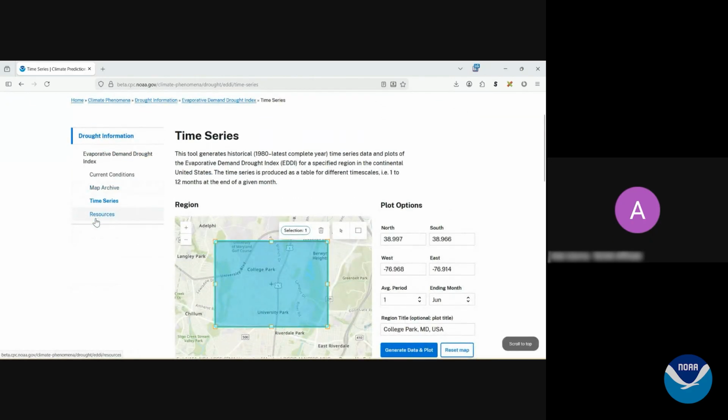And one thing I want to say about the EDDI time series here in Drupal is a major accomplishment with this CPC version of the EDDI time series is that we were able to convert the older NCL code that calculates EDDI for the web to Python. And NCL, if you're not familiar with it, is NCAR command language, and it was designed for scientific data analysis and visualization. And in 2019, NCAR announced that they were no longer going to be updating the language, and they advised their users to transition to Python.